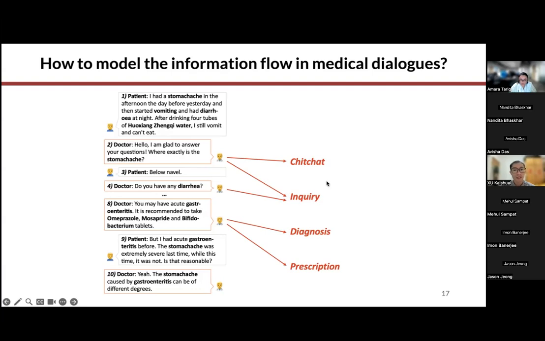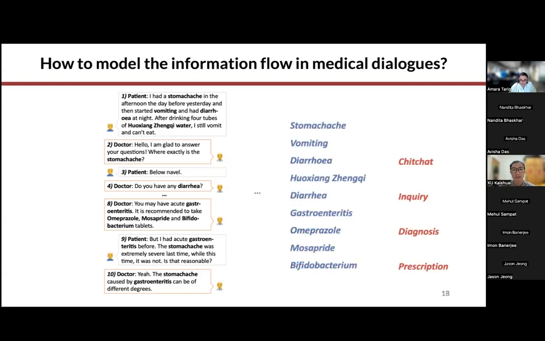So there are two kinds of information contained in the medical dialogue. In previous work, studies always focused on this information. It is quite important. However, they fail to capture the transition of this information, which comes from the conversation sequence, and the interaction between these two kinds of information. And this is the challenge we will solve.